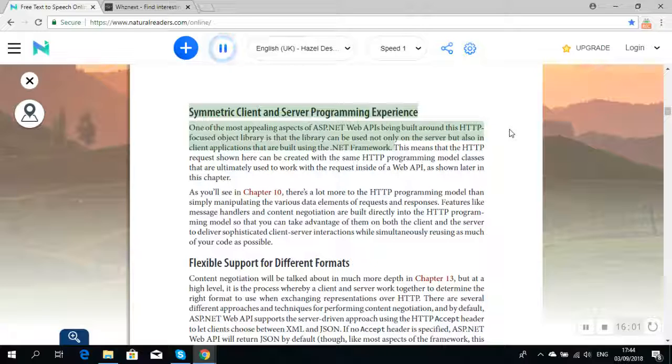Symmetric client and server programming experience. One of the most appealing aspects of ASP.NET Web API